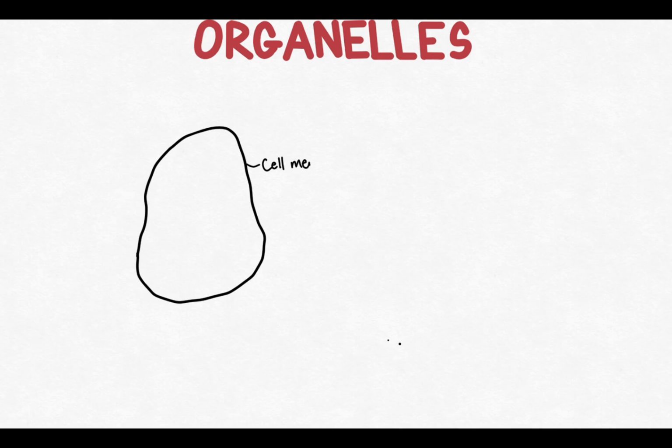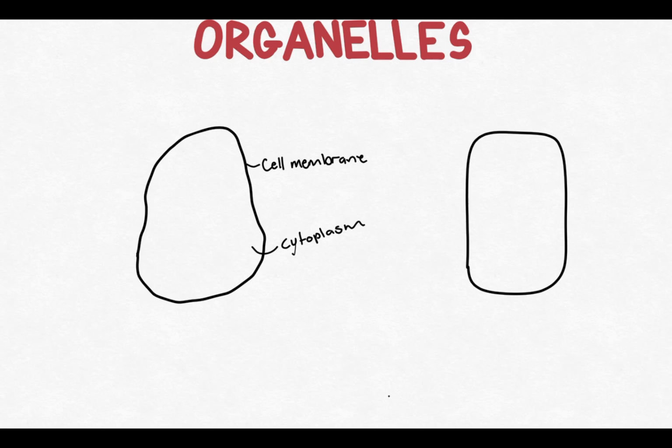So, first in animal cells, we know that we get a cell membrane as well as cytoplasm. Now, the cell membrane has the function for selectively importing or exporting any type of chemicals. So, this cell membrane will be semi-permeable and certain substances will be able to enter the cell or exit the cell. Now, the cytoplasm of the cell is where all the chemical reactions or metabolic reactions take place within the